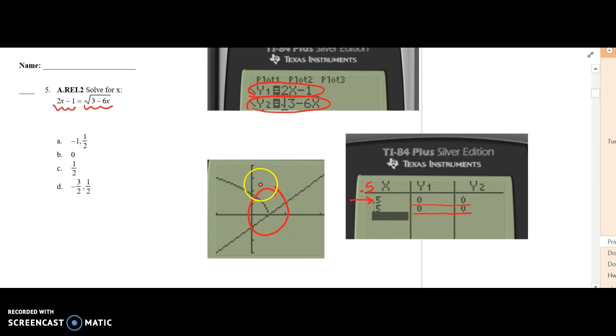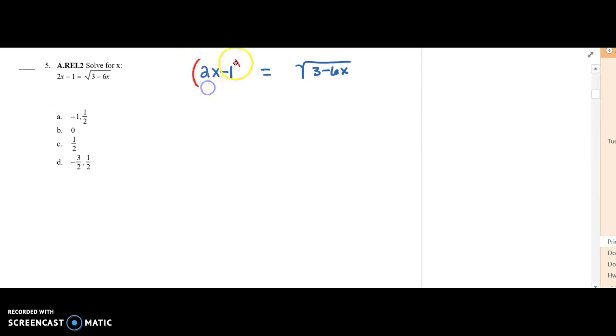It's also pretty obvious from the graph that they don't meet anywhere else except for this one spot right there. Now we'll do the algebraic approach. We would need to square both sides in order to undo the square root, and we'd have 3 minus 6x on the left. On the right, we need to remember that we actually are